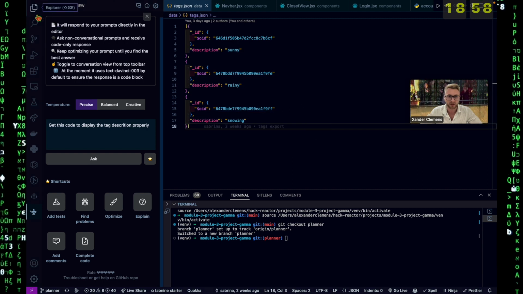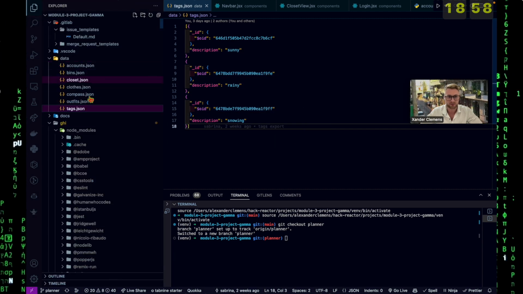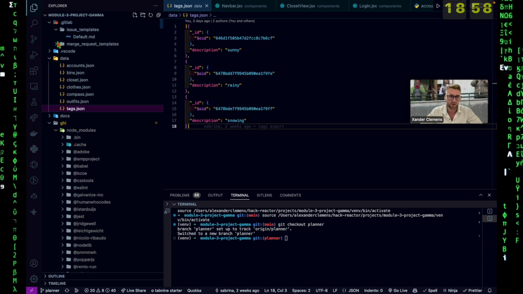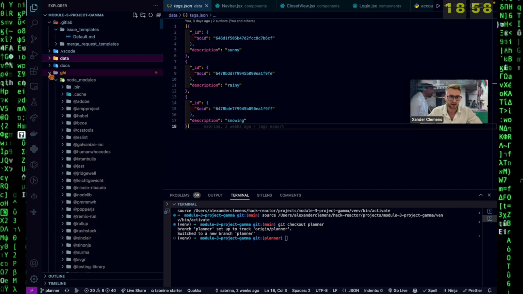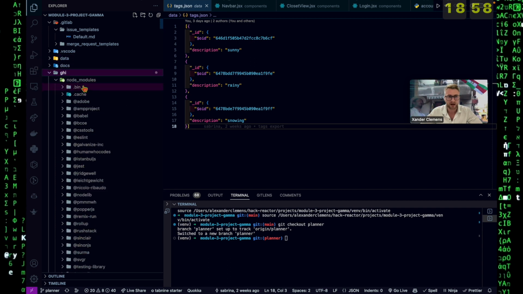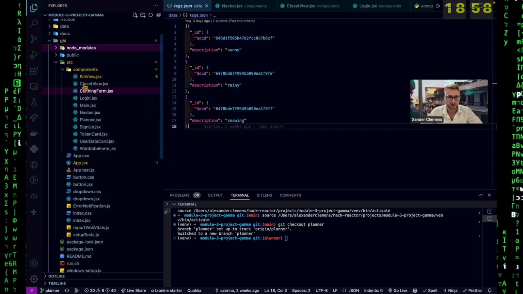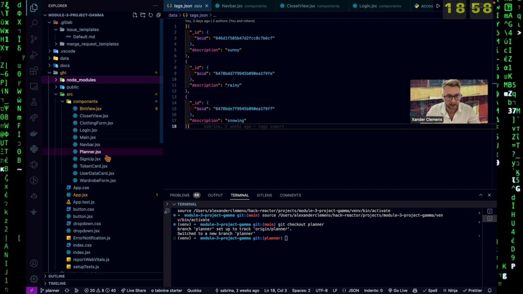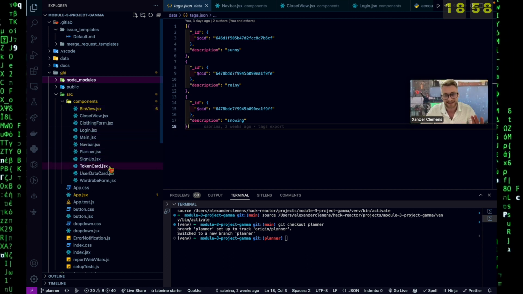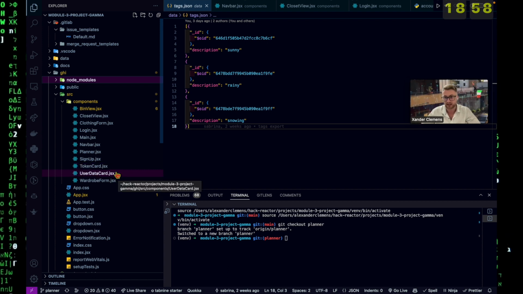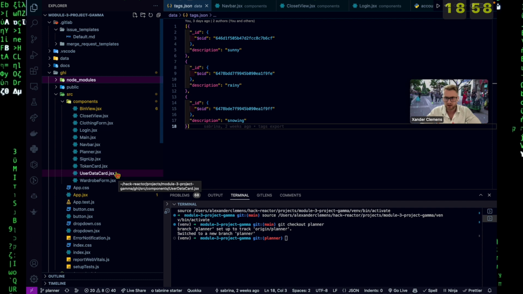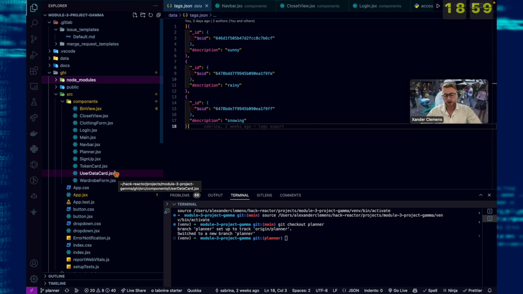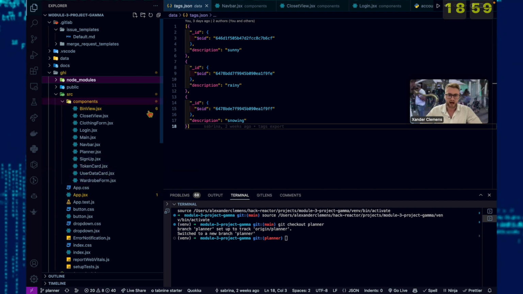Here is the working code at the moment on the planner branch. Certainly have numerous other branches from that standpoint, but let's just quickly show what we've been doing on the front end side of things. And this is where we're at now. We can close this folder. We now have bin view, we have a closet view, we have a clothing form, we have a login, main, nav bar, planner, sign up, and this is more for authenticating the user so that they can see the numerous different functionality we have for the site when it comes to uploading clothes, and then including and extracting the